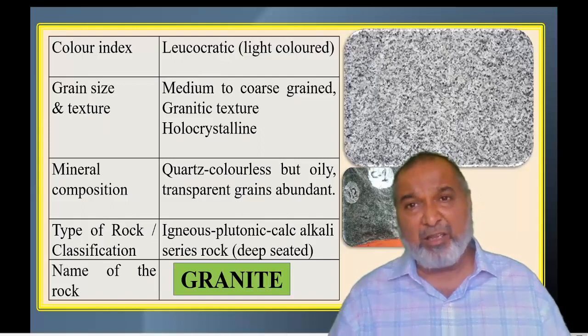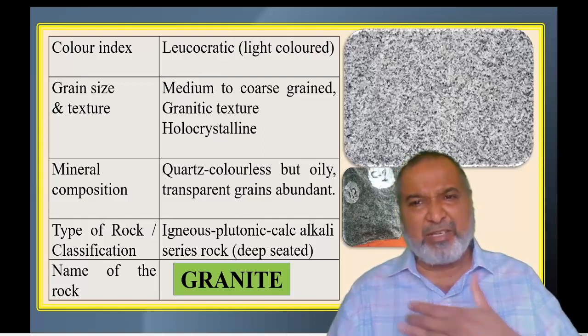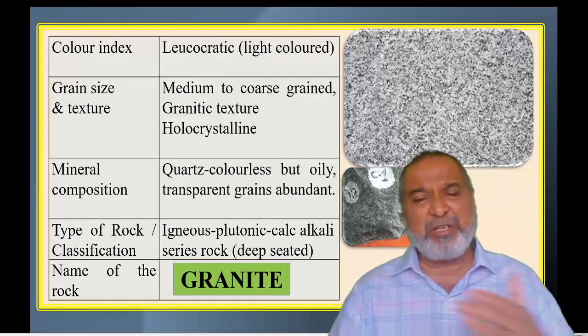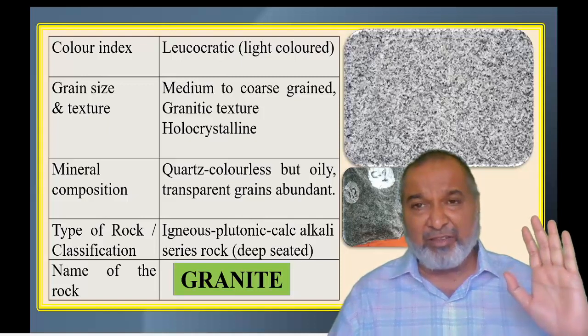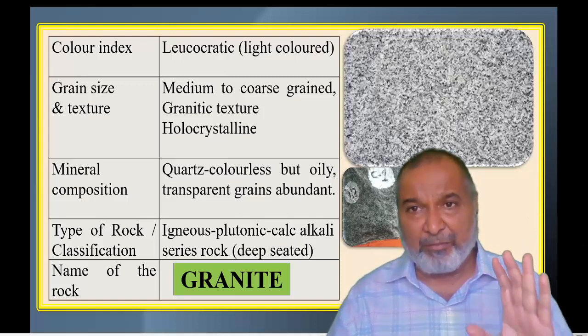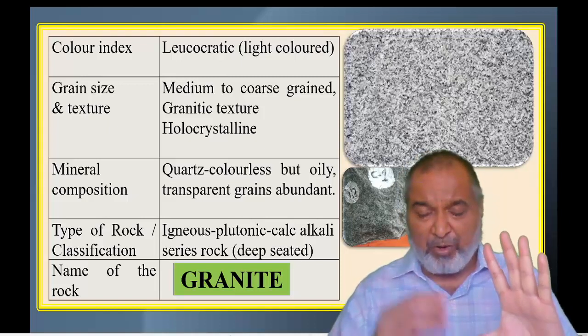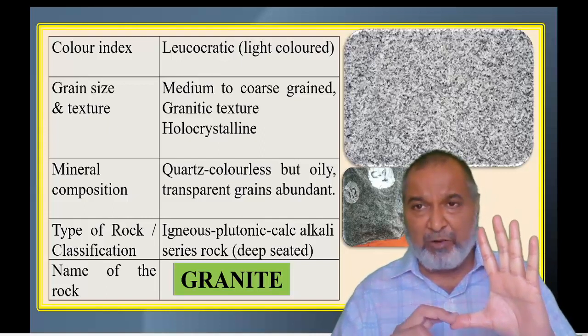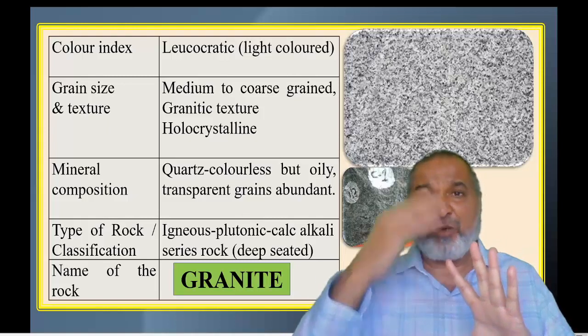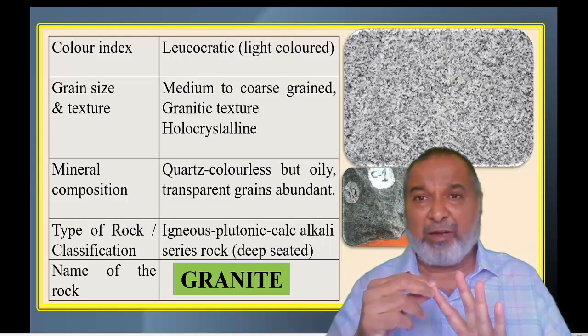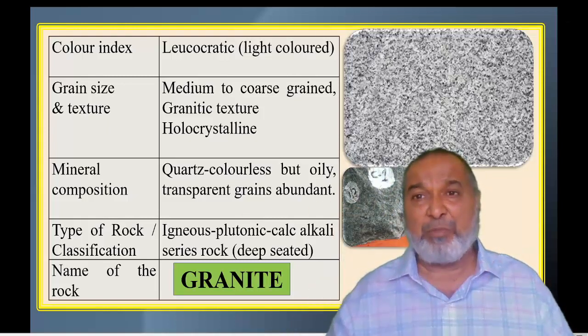The second one, very fine. We could not identify a single crystal. Very fine means it has erupted on the surface and the magma has drastically cooled down. So very fine crystals are there. Then that is the volcanic one. So at a greater depth, the coarse grain will crystallize, and opposite, on the top above the surface, we have the fine grain. So it is the volcanic one, and intermediate we have the hypabyssal.